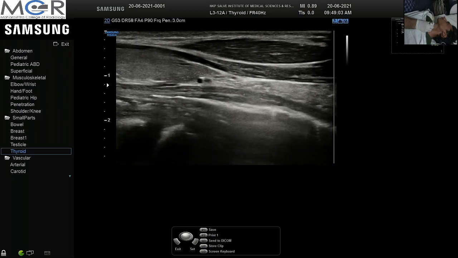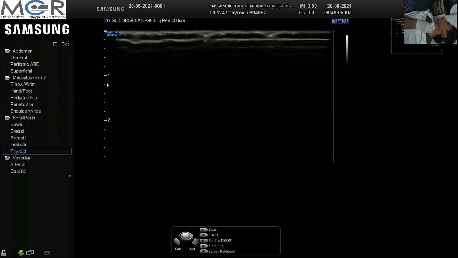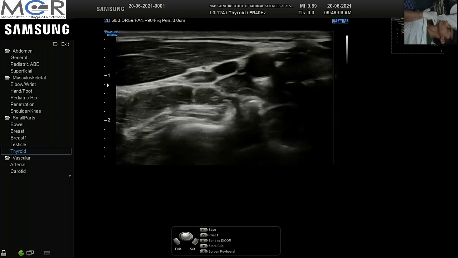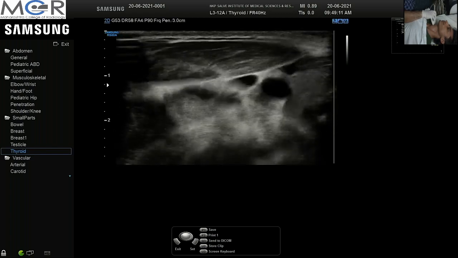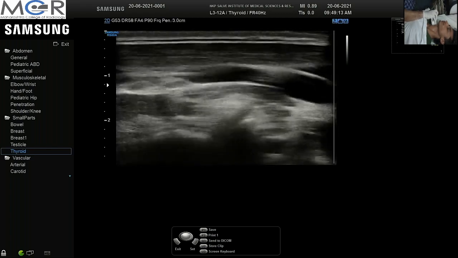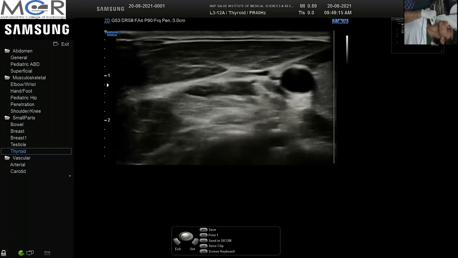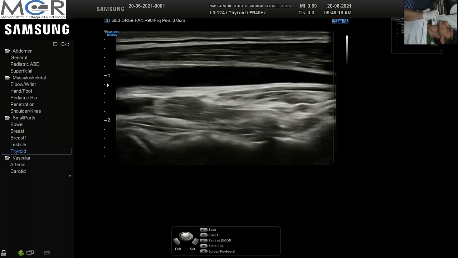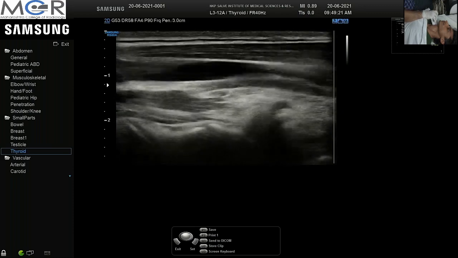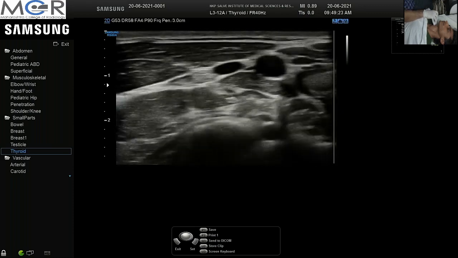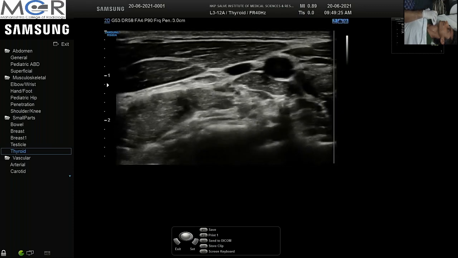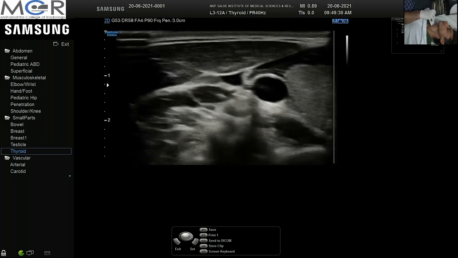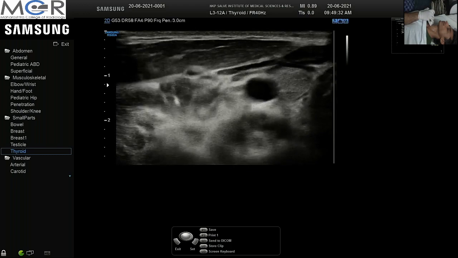We can trace the cervical esophagus. Now, while examining the neck, it is very important that we do not forget about the internal jugular vein. Internal jugular vein has to be seen just like we see for the DVT in lower limbs. Its respiratory phasicity should be seen, its collapsibility should be seen, because presence of thrombus in the internal jugular vein might be the first clue that a malignancy is present somewhere in the neck.